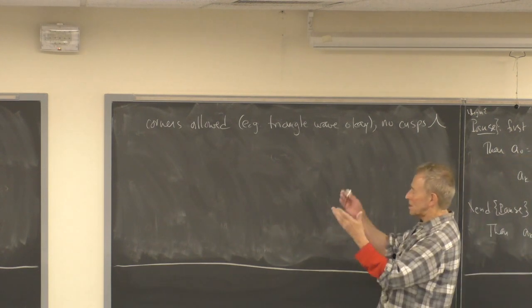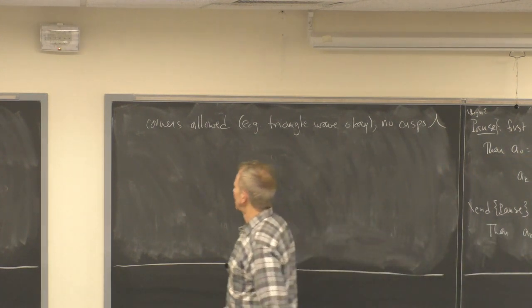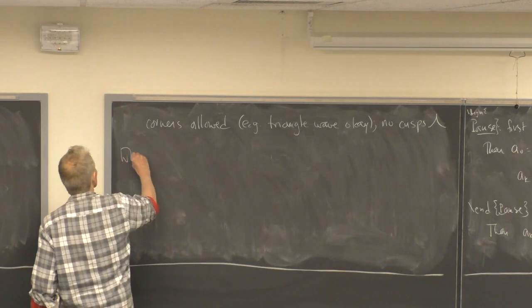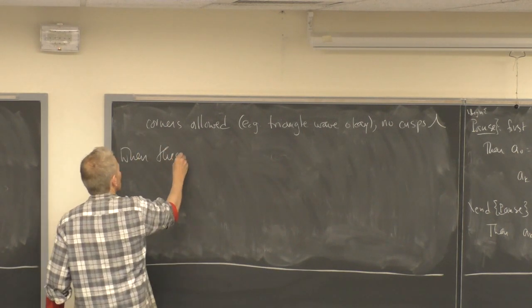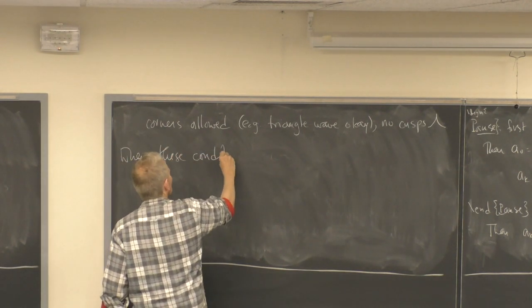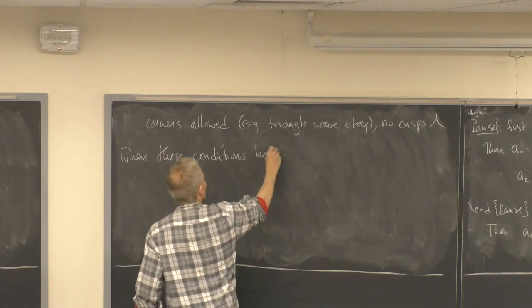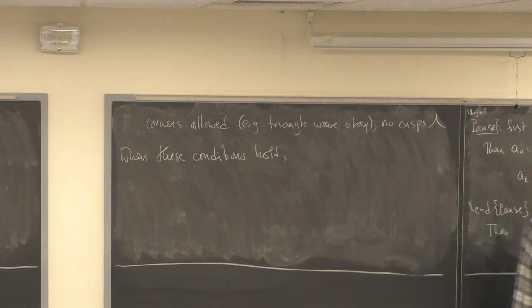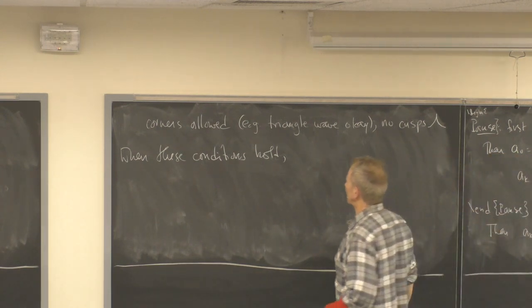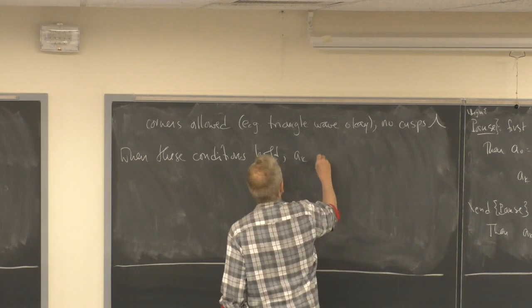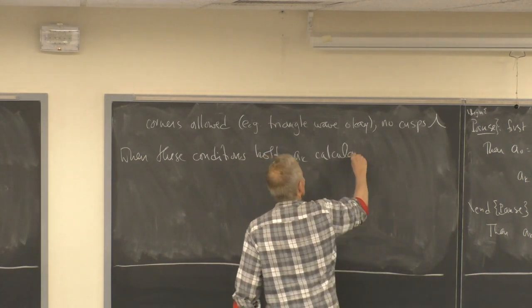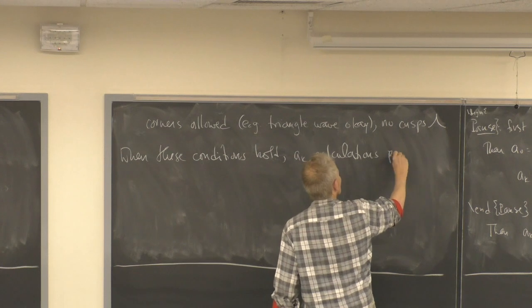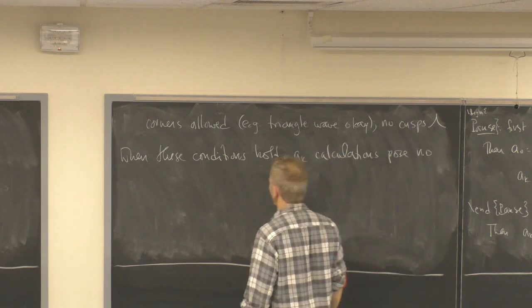All right, when the Dirichlet conditions hold, first off, all the calculations of the a_k go right through. The integrals converge, everything works. So the a_k calculations pose no problem. And furthermore,